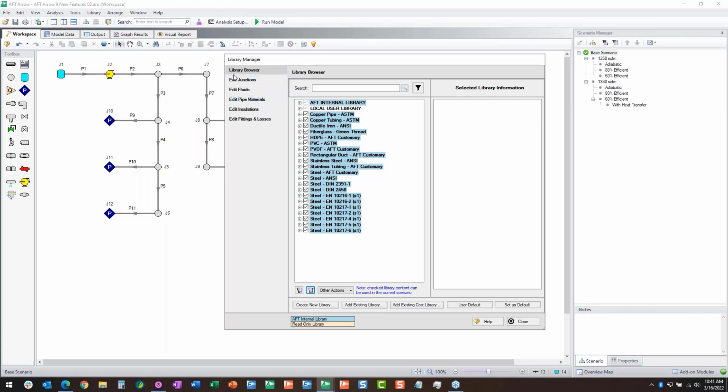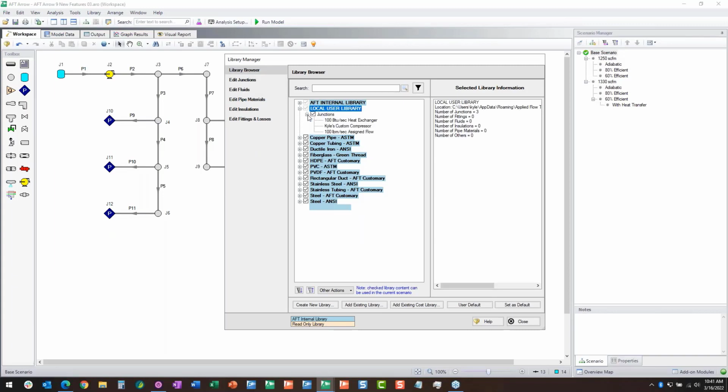So you can see right here in the library browser, I have all of my different pipe materials listed. I have my local user library. Let me just open that up to show you. I have a few junctions that I've just saved to demonstrate a little bit of what's in here. I have a heat exchanger and a compressor, and essentially it's like having predefined or saved junction input information